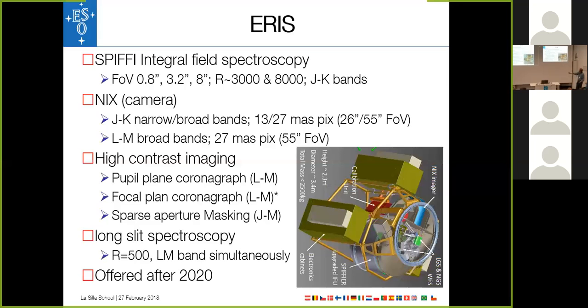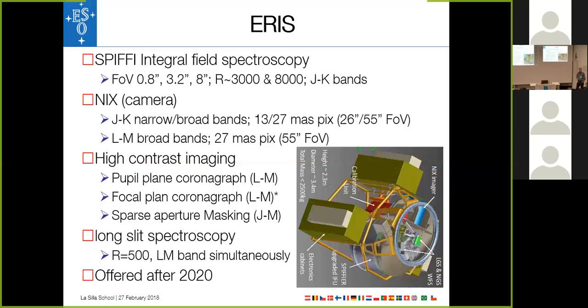So it has various essentially different lenses, if you want, magnifications that offer fields of 0.8 arc seconds on the side, up to 8 arc seconds on the side, and spectral resolutions from 3000 to 8000, and it covers J through K. Okay, it consists of, as I said, a spectrograph up here, SPIFFY, and a camera, which is called NIX,